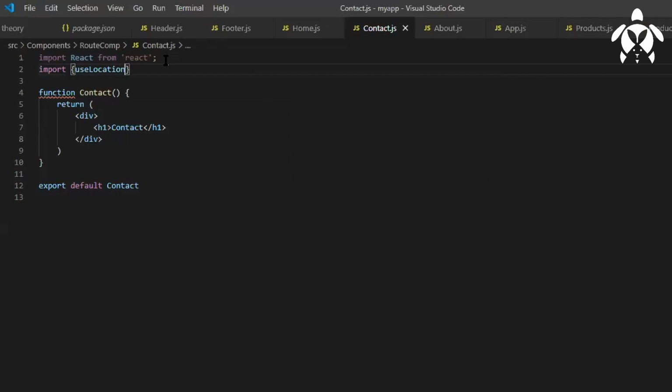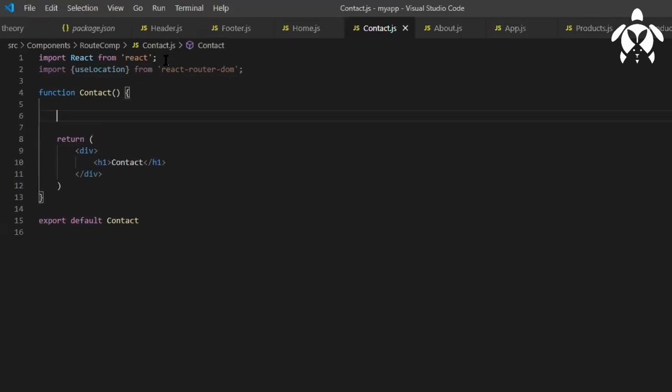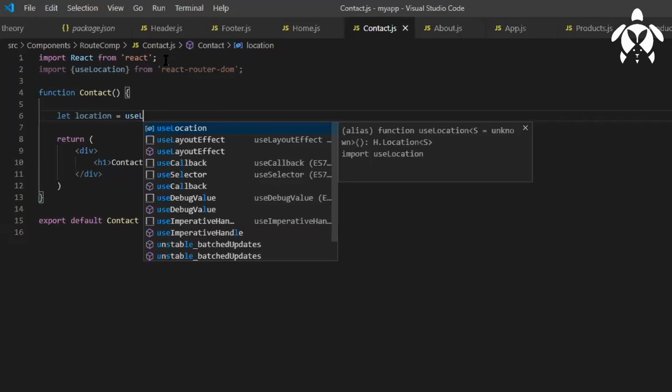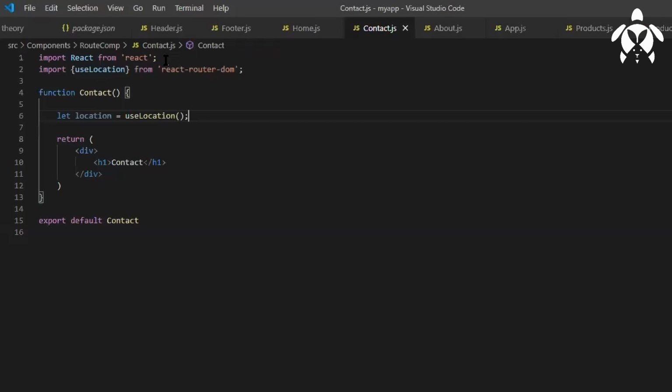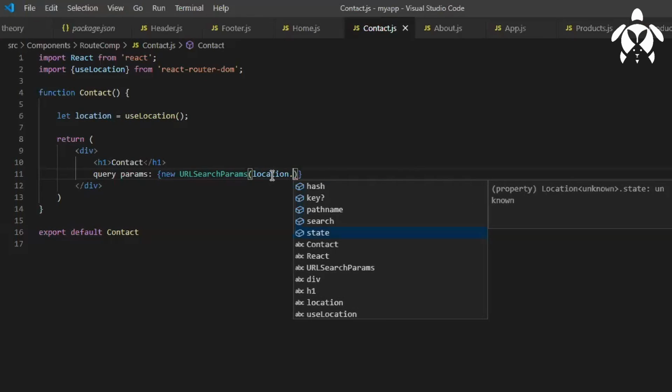I have shown that example; I'm showing this because it is a little different, from react-router-dom. Now I'll create a variable, let location equal useLocation. Then we can write query, and we'll have this URLSearchParams.